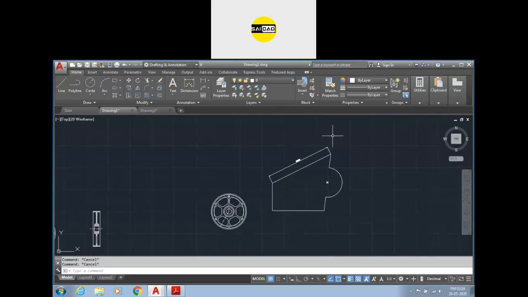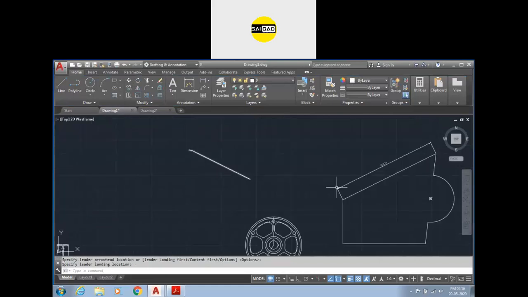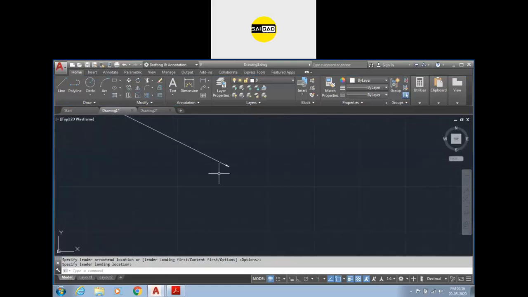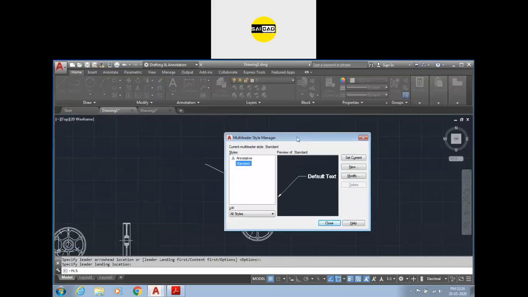So to change the values of the leader's cursor, you can see that we have the leader here. We have this cursor at higher value and the leader cursor is smaller. I have shown you that the leader's property will be changed from a different option, that is multi leader style. Shortcut is MLS. You can write it down. Press enter, and there is another style manager, and in that go to Modify.